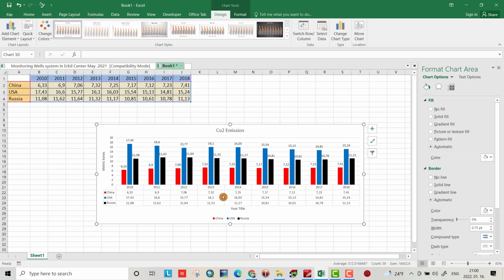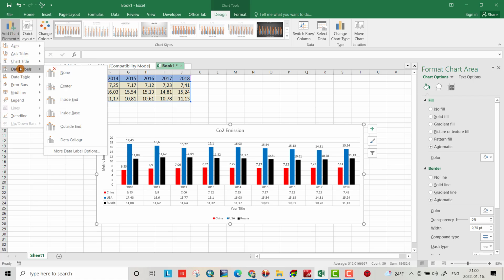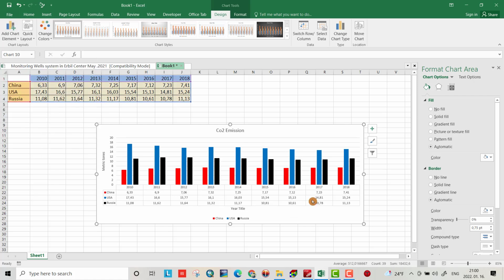different types of data label with data table. You see, you can see the data. I want to delete the data label above the columns here with legend. Okay,